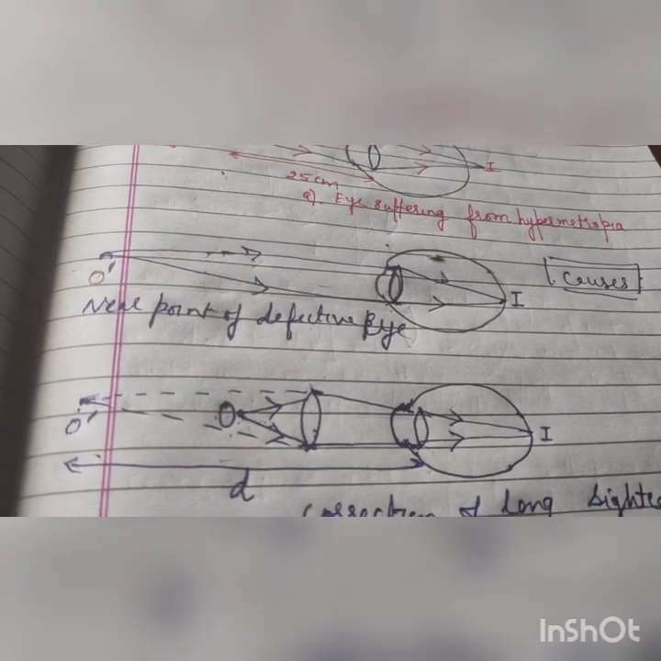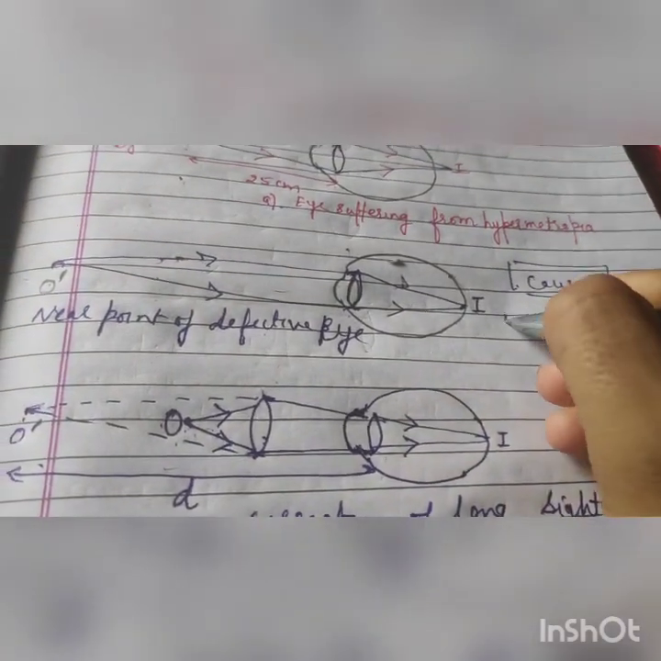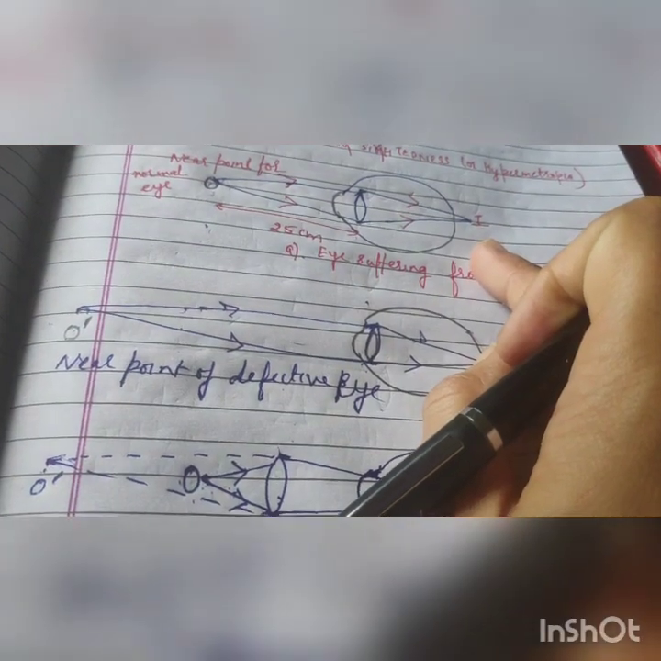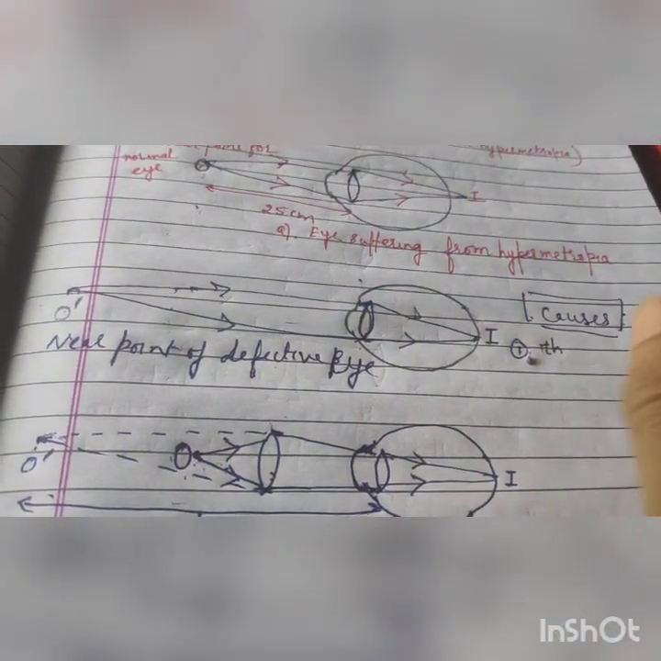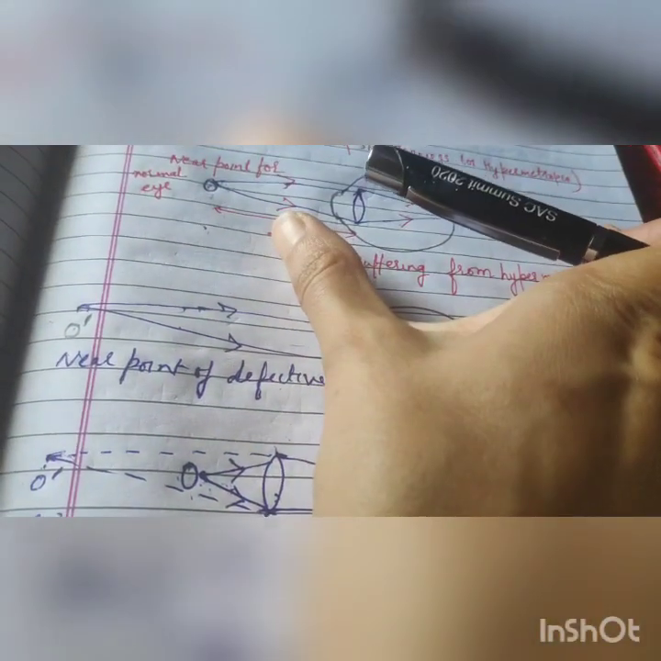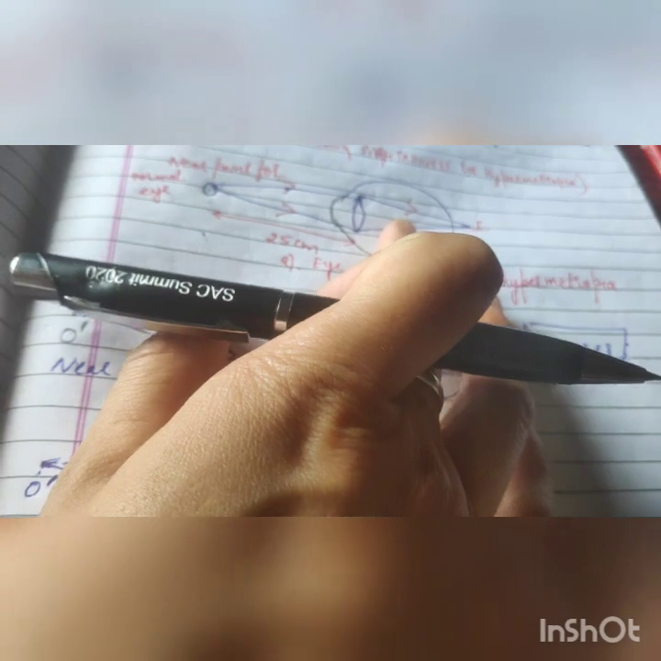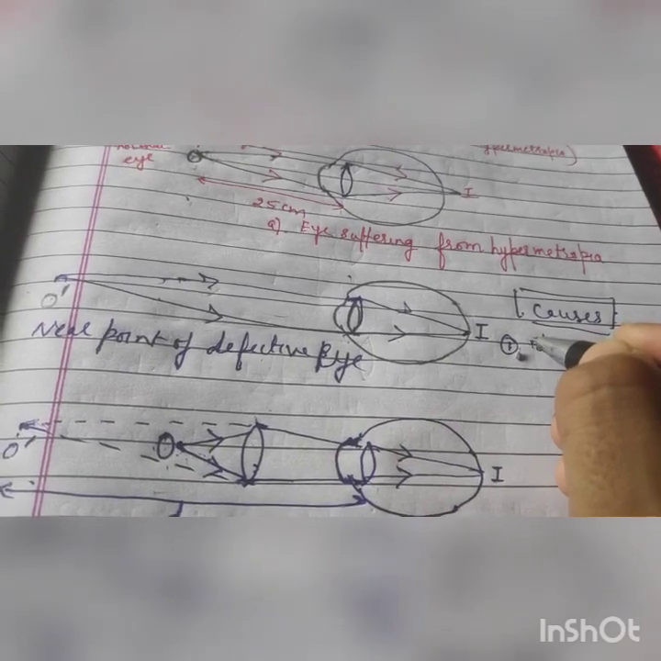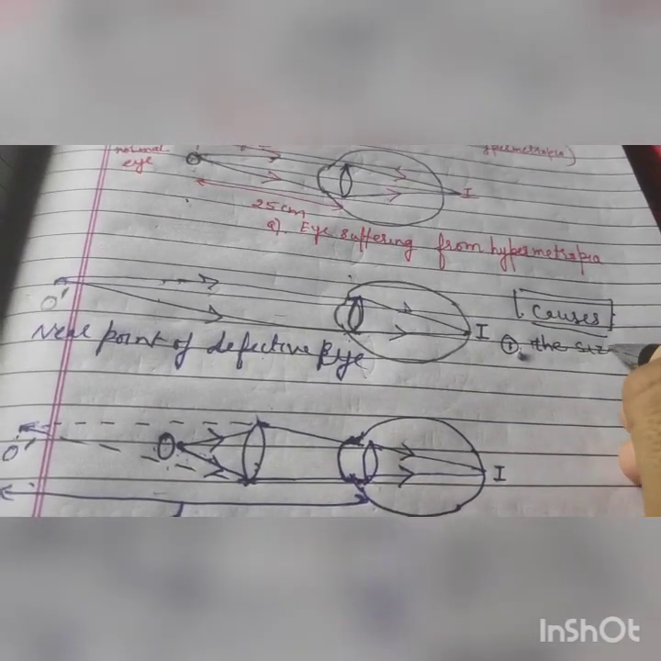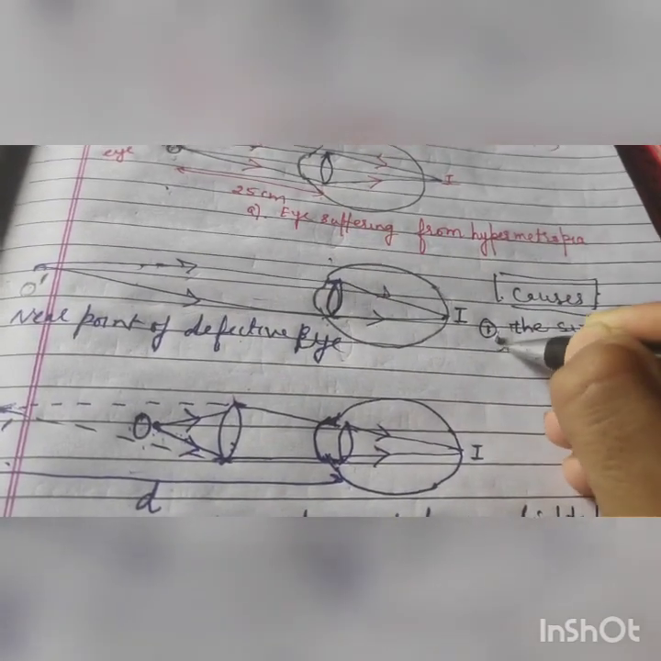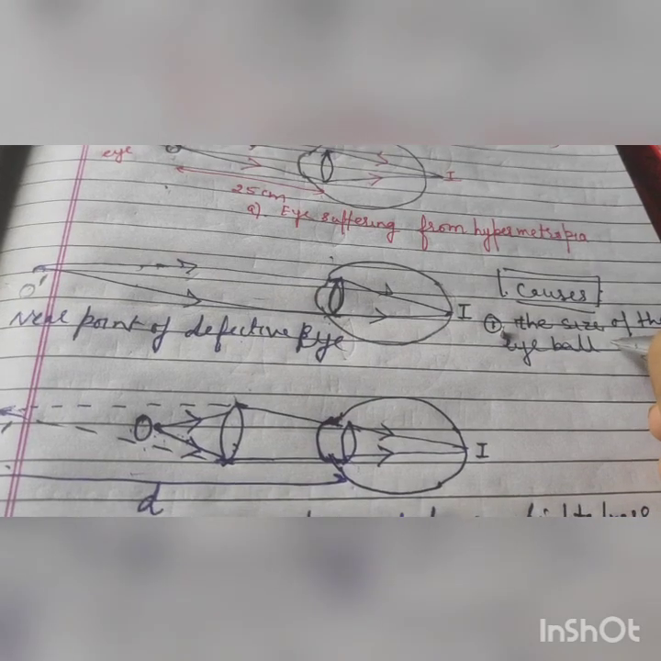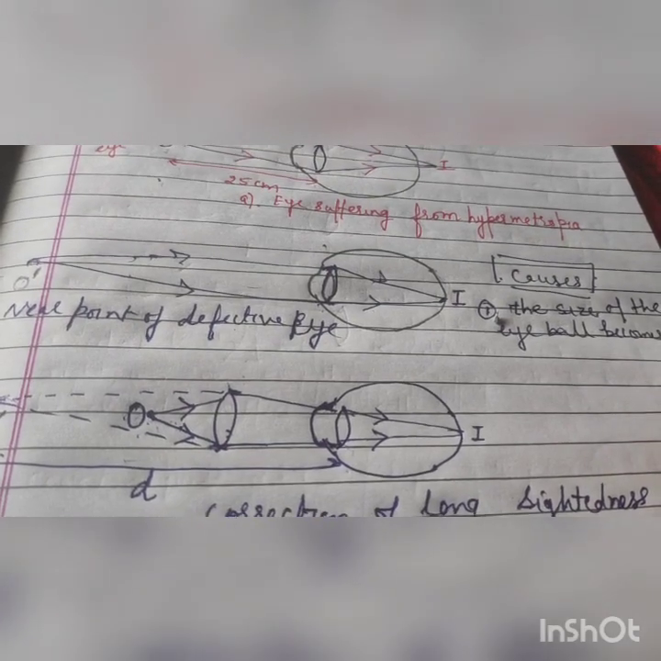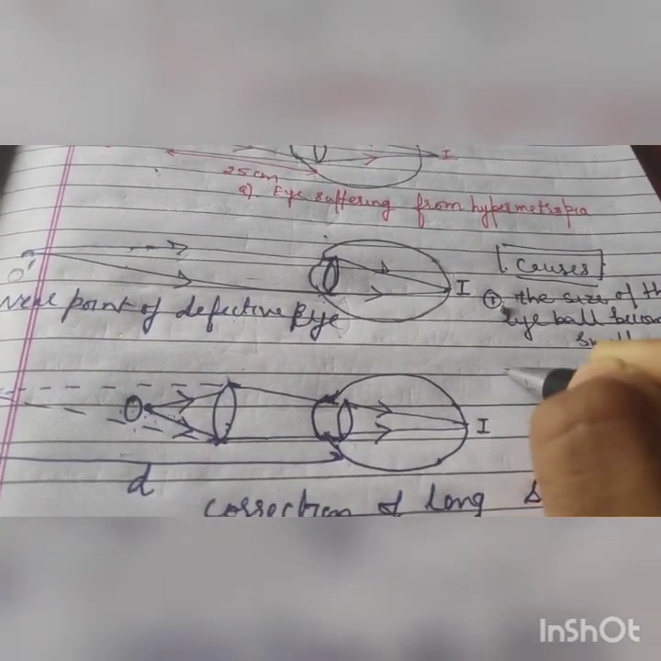यहाँ पे कॉज द साइज ऑफ द आई बॉल बिकम्स टू स्मॉल। यहाँ पे हाइपरमेट्रोपिया में तो यहाँ पे आई बॉल का साइज बहुत छोटा हो गया है, तो इमेज कहाँ पे जा रही है, बिहाइंड जा रही है। वहाँ पे साइज बहुत बड़ा हो गया था, तो इमेज कहाँ पे बन रही थी, इनसाइड द आई बॉल। तो यहाँ पे क्या है, पहला द साइज ऑफ द आई बॉल बिकम्स टू स्मॉल। The size of the eyeball becomes too small, and number 2,